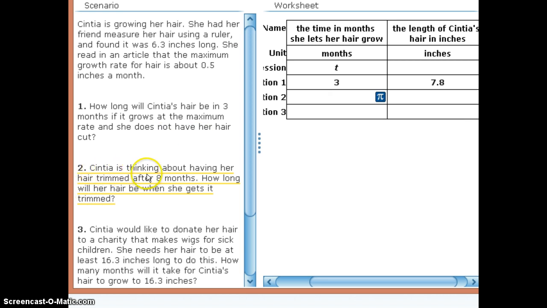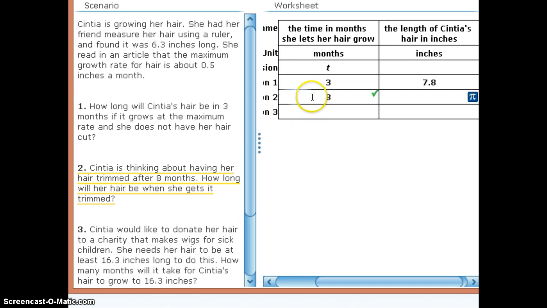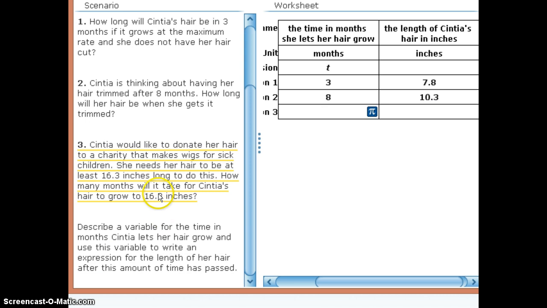Cynthia is thinking about having her hair trimmed after 8 months. How long will her hair be when she gets it trimmed? So the time there is 8. And then I do the same sort of thing. She started out with her hair 6.3 inches long, and then we added 0.5 8 times. So I would do 8 times 0.5. I think you could do 0.5 times 8 also. Either way would work. And it calculates that for me,